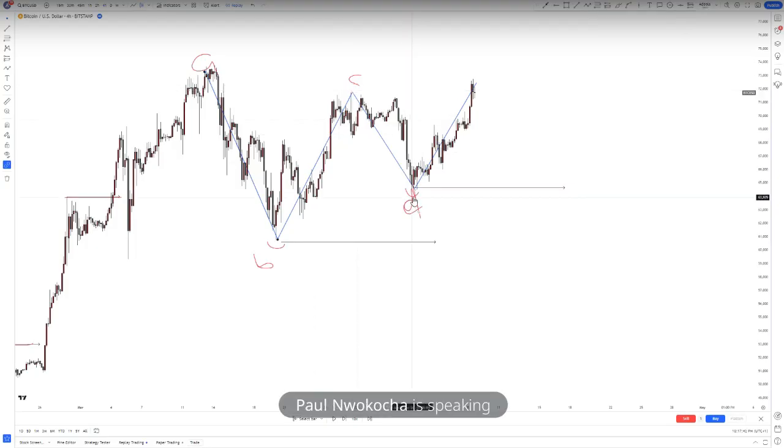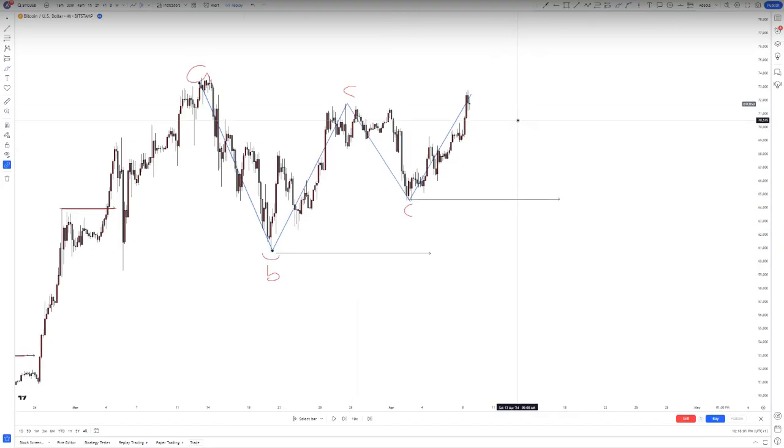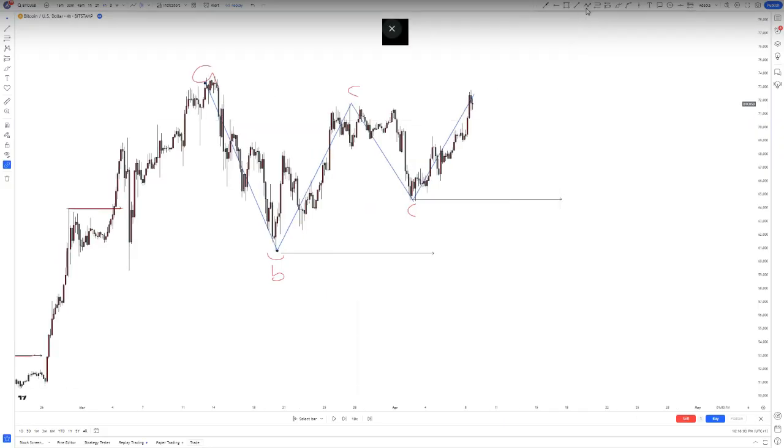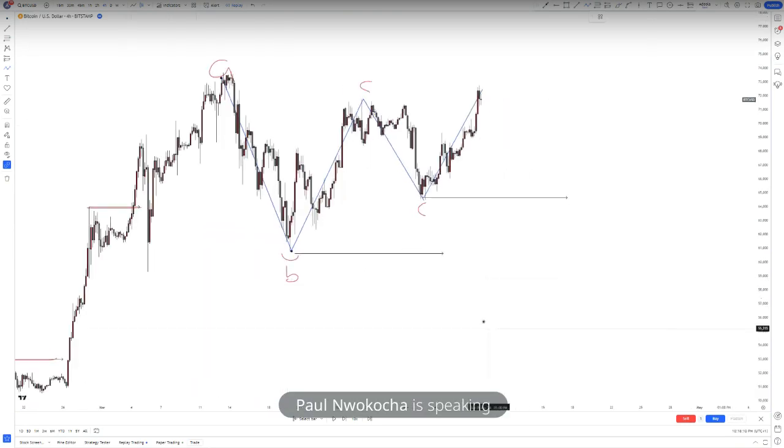A lot of people want to buy. Yeah, I know, but what will you be expecting? If you understand market structure, what will you be expecting? Since the market is buying, market structure is buying, so what will be your expectation? You know, I've said it that the market is bullish. We have been buying. So if the market is buying, we had